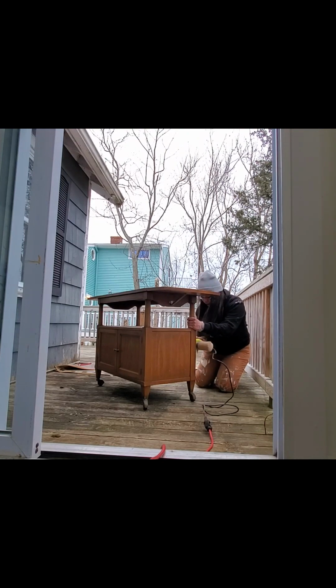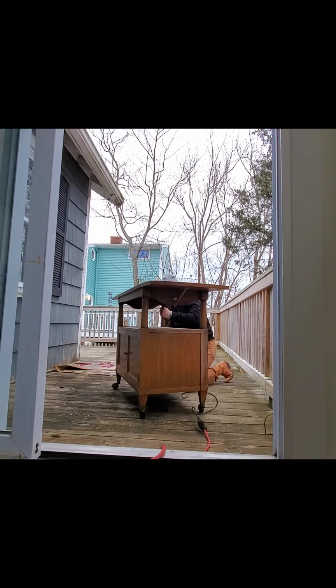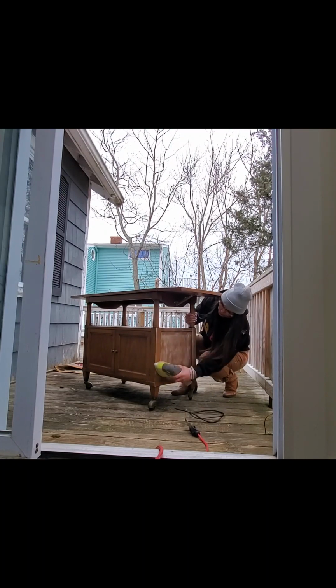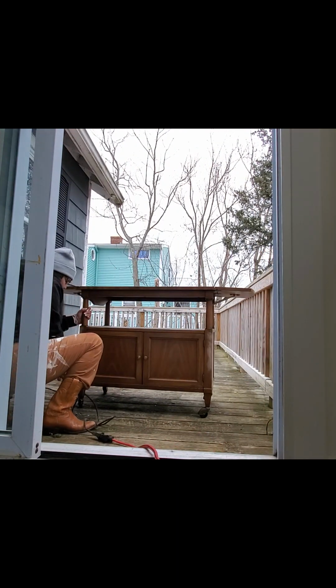There wasn't a lot of sanding, but I probably should have worn my mask. It was nice out this day. It started sprinkling a little, so I had to hurry it up and then bring it inside to clean. It was still a little cool out there. And when I brought it into the sunroom to clean,